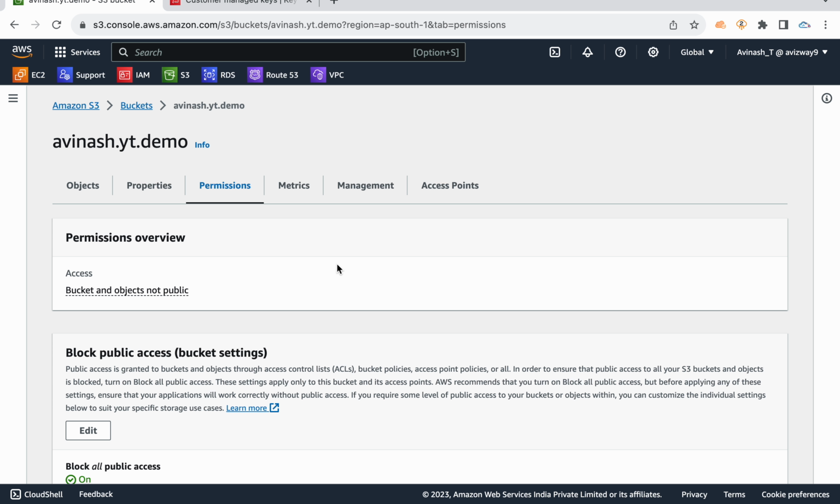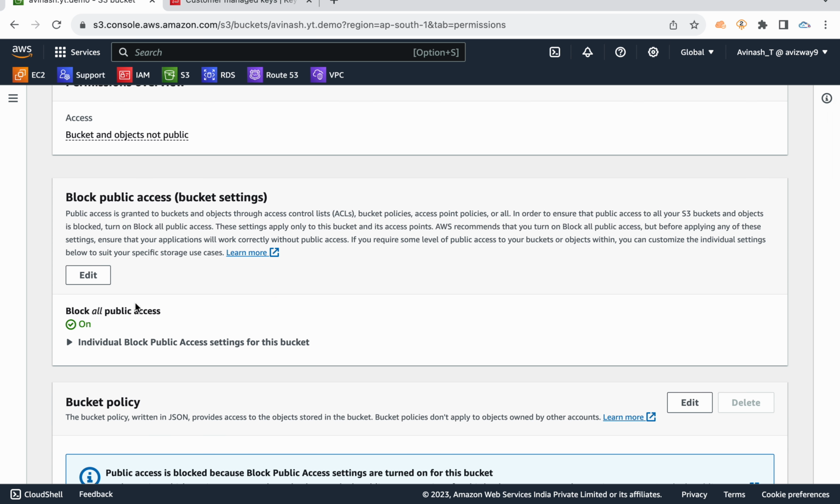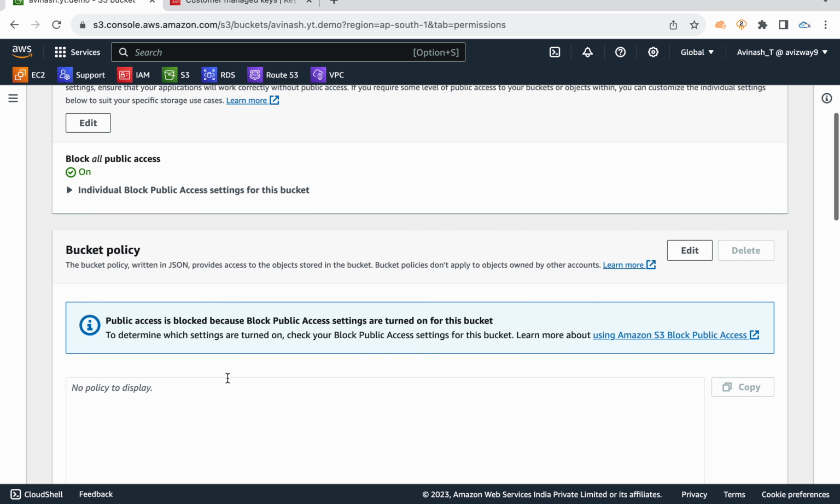So generally, whatever data we are going to upload into our S3 platform, we can make that object public. Once we upload an object, it will give a publicly accessible URL. So by disabling block all public access, and by changing that object ACL or by applying a bucket policy, we can make that object public.